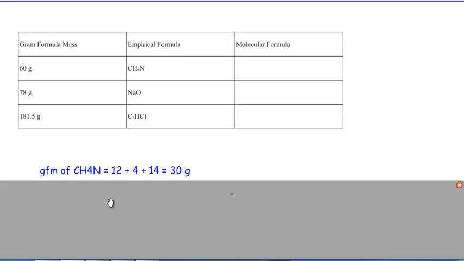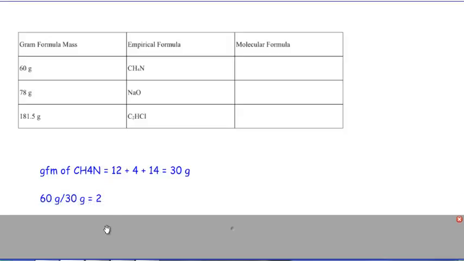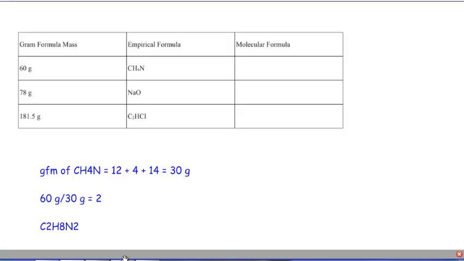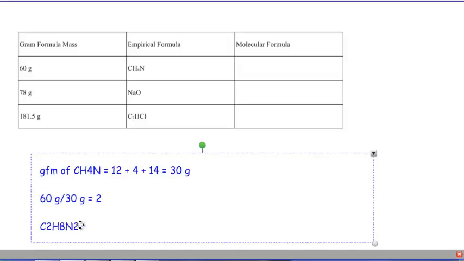Step 2, I will divide the GFM of the molecular formula given right here in the table, 60, divided by the GFM of the empirical, which I just calculated is 30. And if I divide those, that's 2. What that means is that my molecular formula is going to be twice the size of my empirical formula. So my new formula is going to be